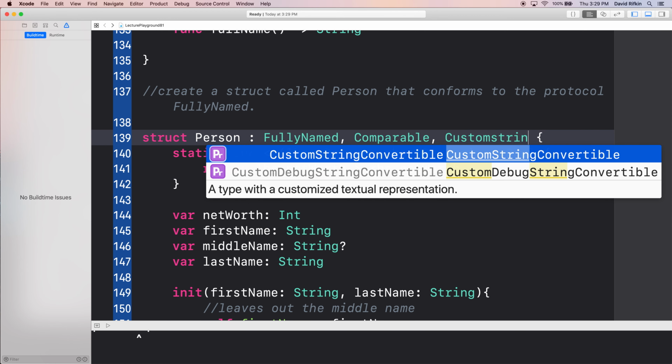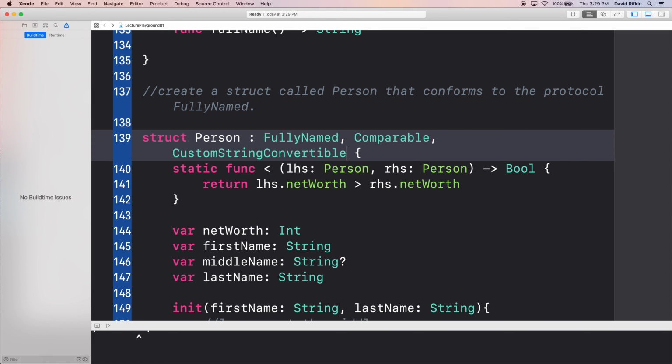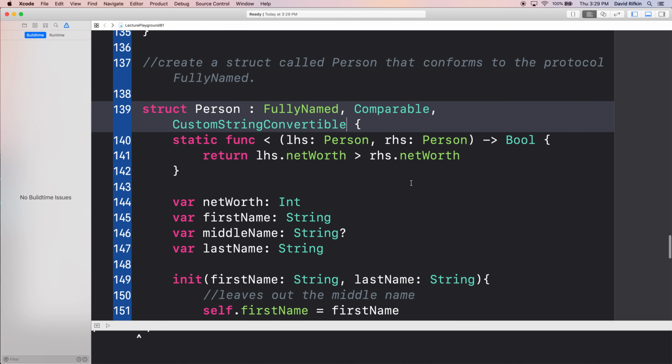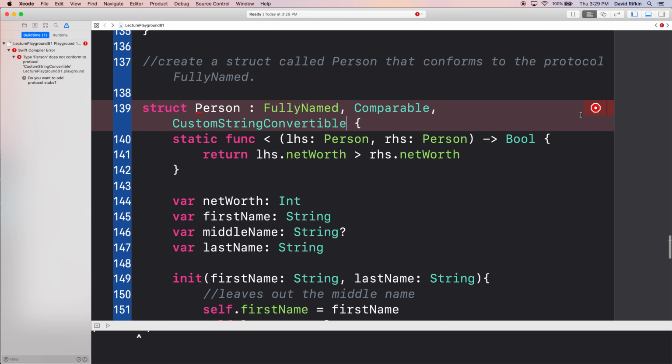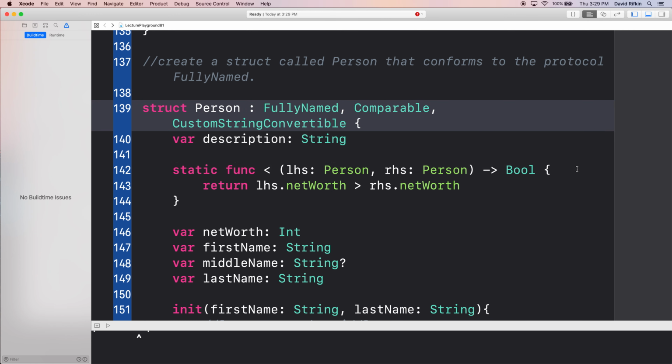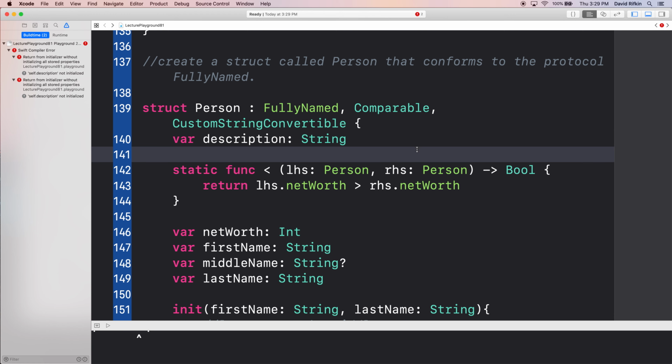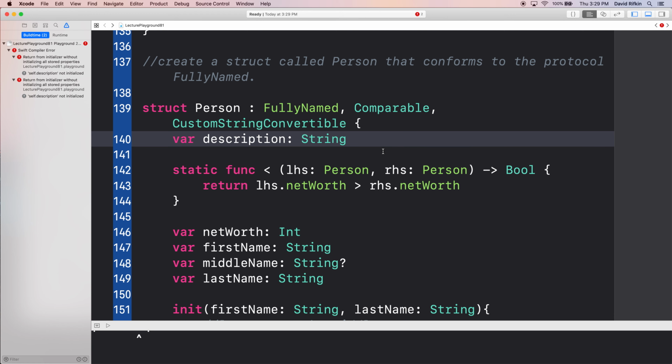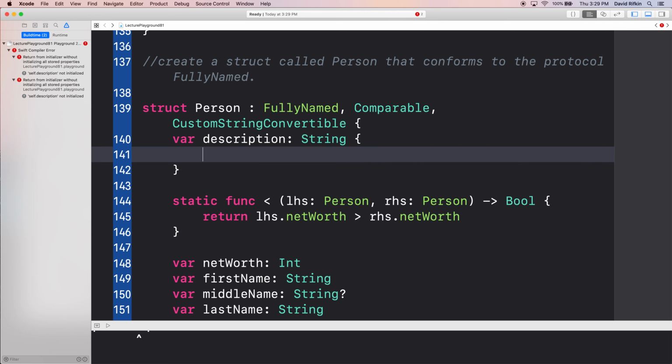CustomStringConvertible. All right. Now I'm going to get a very helpful error, right? This is actually really helpful. This error keeps telling me, listen, I'll tell you what you need to do, just do it. Great. So all it does is say, I need a description. That's it. This description in my struct could be